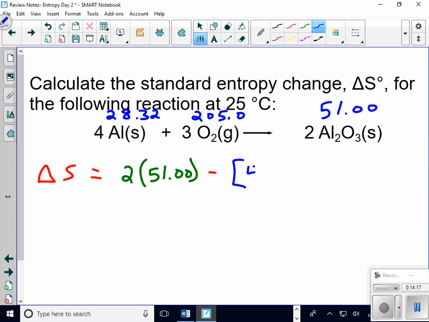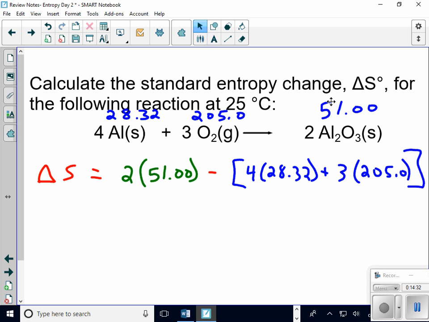I have 4 of the 28.32 plus 3 of the 205, and big bracket that. So, looks to me like that is going to be what? 102